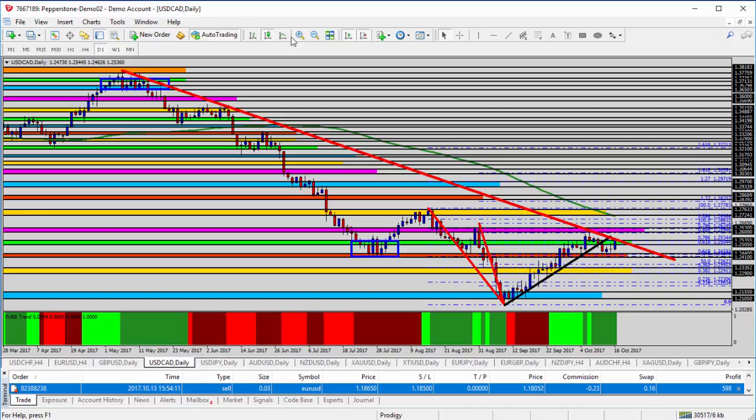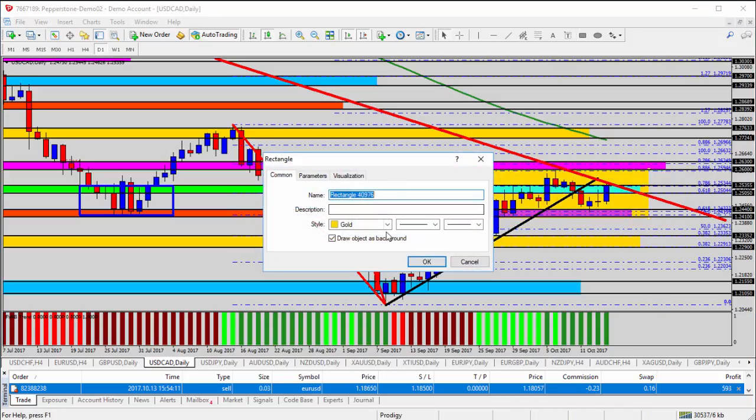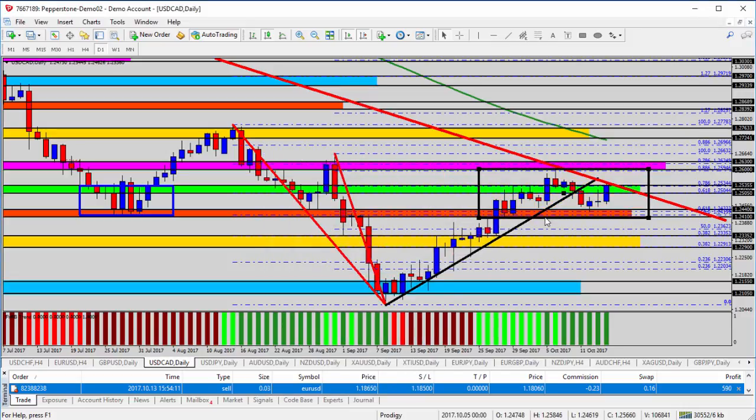Zoom it in again here on the daily time frame, and this area right here between the orange, the green, and the pink shaded area, let's go ahead and see if I can draw a box in here like this. I'm going to just highlight this area right here. Let me change it to a box. I'll make it a black box here so we can really see it easily. And that area right there, highlighted inside the black box, is what we really want to focus in on